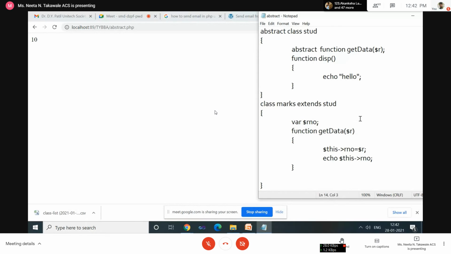If you are passing two arguments here, then compulsorily you have to pass two arguments in the definition. But the number of arguments in the derived class is not compulsory. Minimum one is required, meaning this argument is required here. After that you can pass any number of arguments.